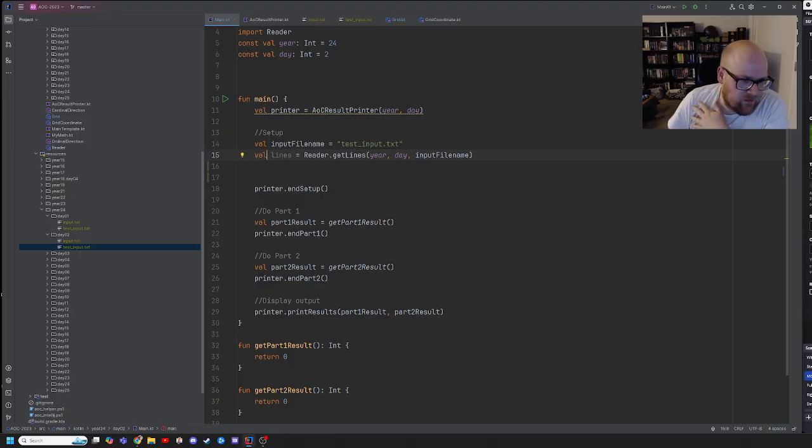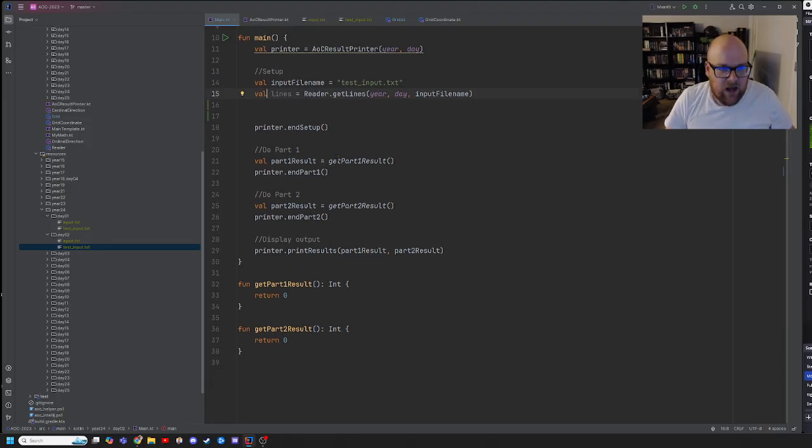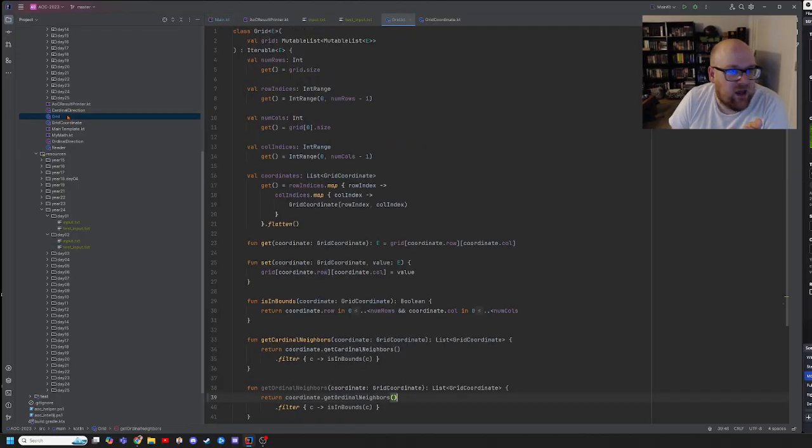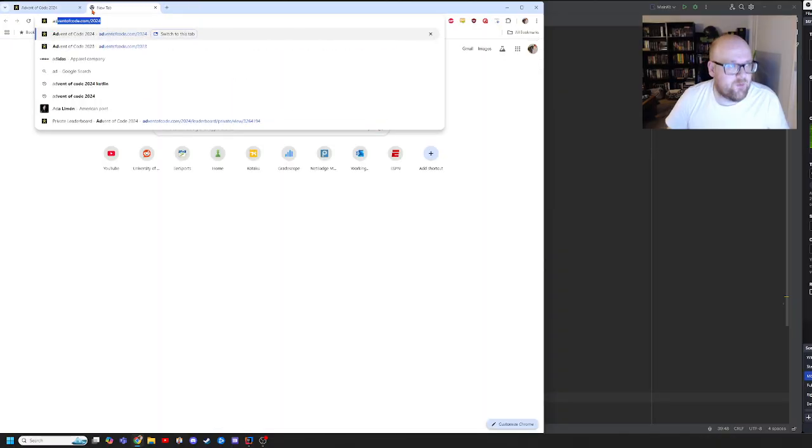Beyond that, I'm inevitably going to add some arguments to this function and this function, which are calling what's down here. I have added classes as well for storing data and doing some of the data manipulations. Typically, that doesn't start coming up until later. And then the other class that may come up at some point, I don't know if it'll come up today, is grid. And oftentimes, and I'll pull up an example here, is Advent of Code 23. And if I go to day